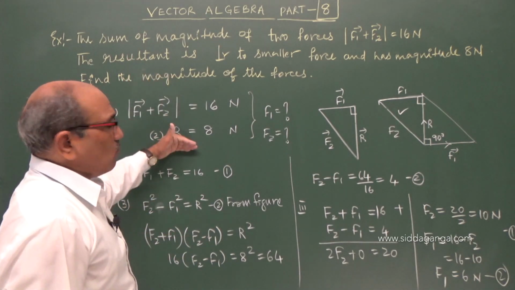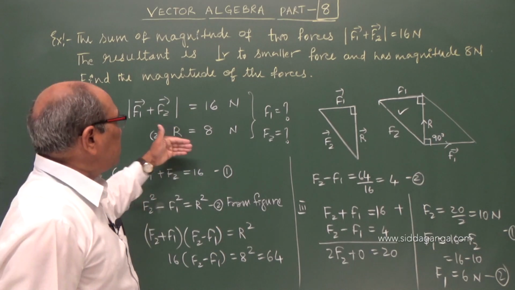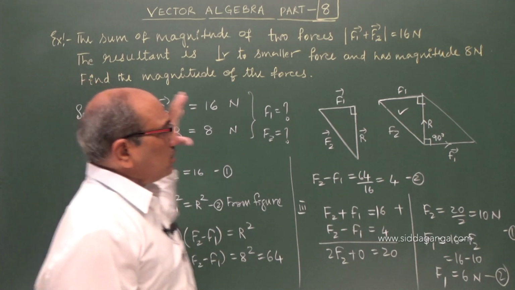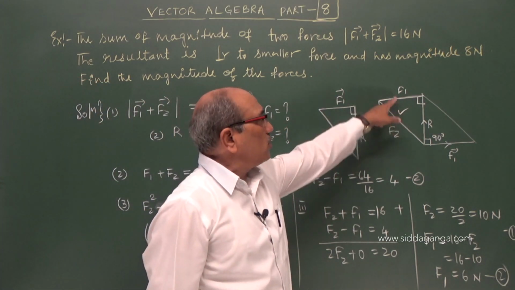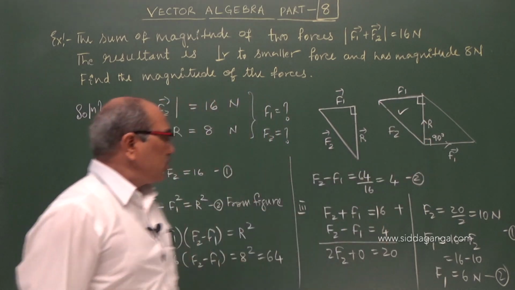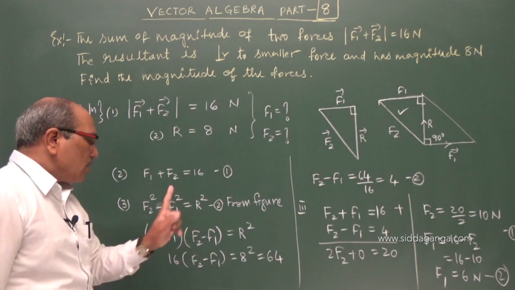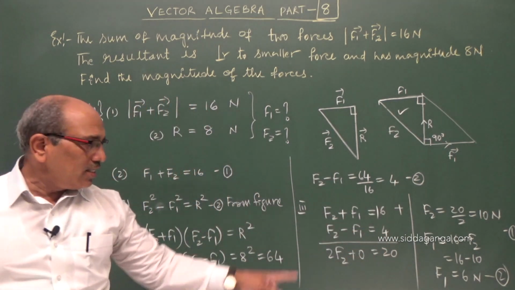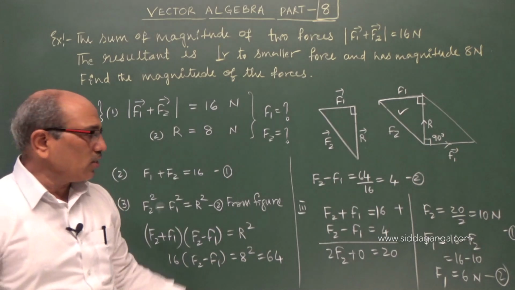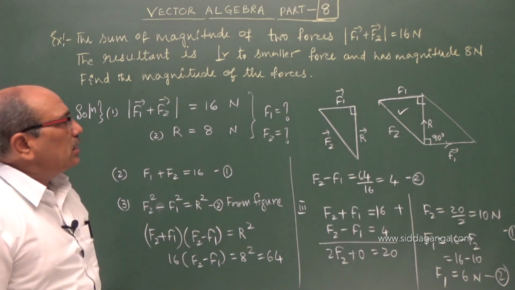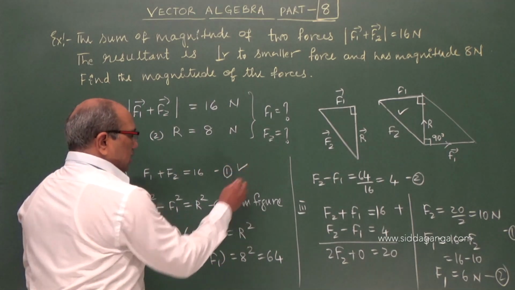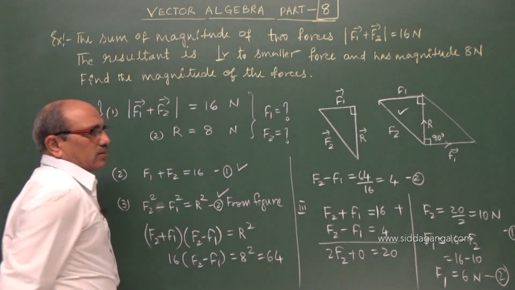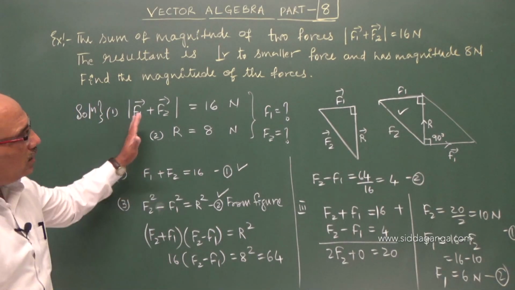So, why I made you do it like that is, when we write the data, it is not enough. Sometimes you construct the figure, which gives you the clue between F2, F1 and R, which helps you bring to this relation. And we solved to get the answer. F2 is 10 Newton and F1 is 6 Newton. I think you understood. Follow it clearly. This is the given data. Why we took it like this, I hope you understood. Remaining is the mathematical simplification. Thank you. Let us go to the next one.